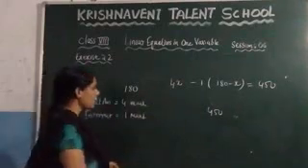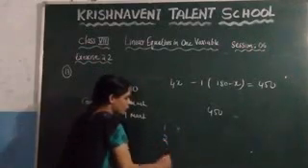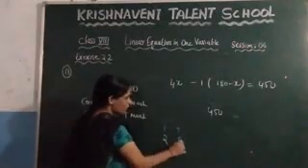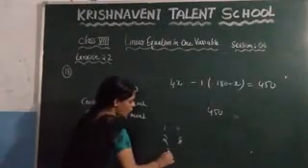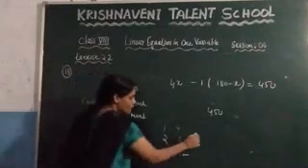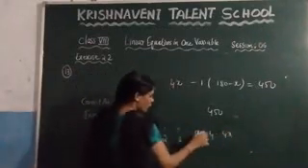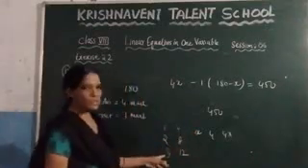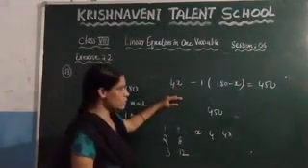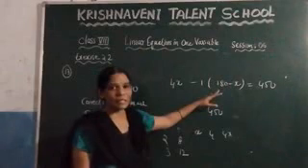Because if he has written 1 correct answer, he will get 4 marks. If he has written 2 correct answers, he gets 4 into 2, which is 8 marks. If he has written 3 correct answers, he gets 12 marks. If he has written x correct answers, it is nothing but 4 into x marks, right? You just need to multiply. So this is the number of marks he got for the correct answers, and the number of incorrect answers is 180 minus x.